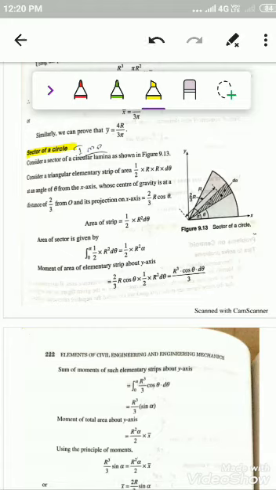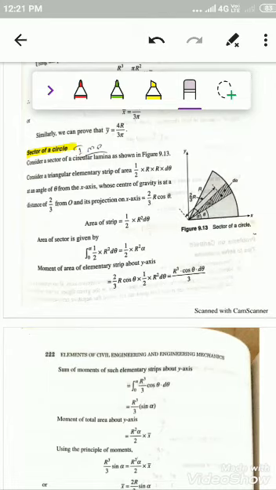Here the sector of a circle means, you can observe in the figure, this is not a quarter circle or a semicircle. If you want the semicircle, it should be like this, and if you want the quarter circle, it should be half of the semicircle. But it is not exactly the semicircle, nor is it exactly equal to the quarter circle. It is a sector that we are considering in the circle, that is the sector of a circle.